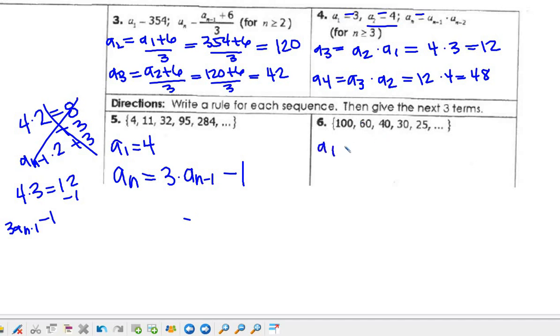Okay, so again, at bare minimum, I know it has to give me the first term. So I'm going to try and figure it out based on just the first term. Of course my go-to is to see if it's a single operation first. Is it just straight subtraction? In this case the numbers are getting smaller, so it's obviously either straight subtraction or division. 100 divided by nothing is 60. It'd be a fraction. You could try that. So 100 divided by 60